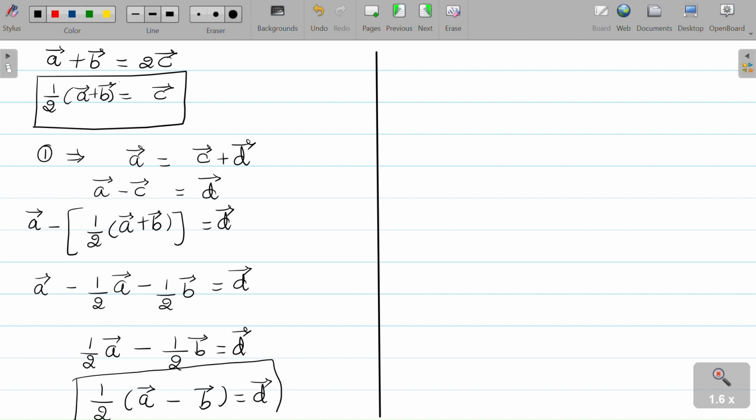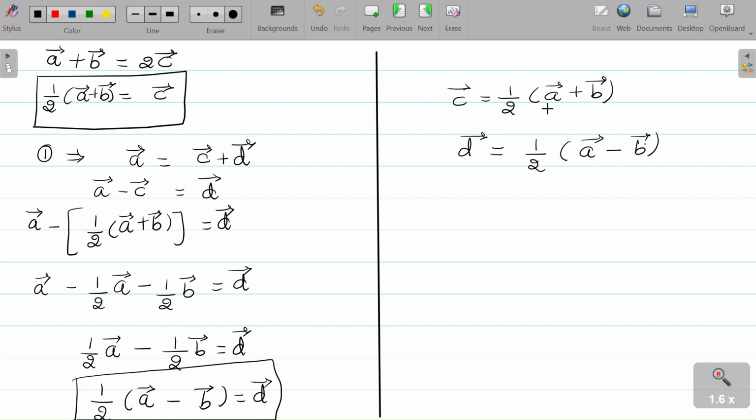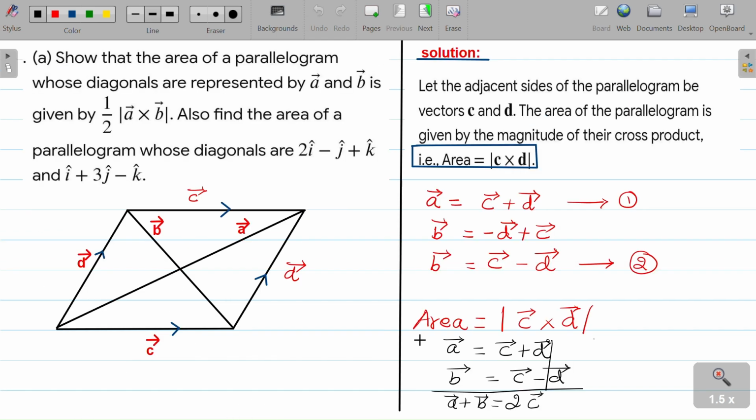So I get C vector is equal to half of A vector plus B vector. Then D vector is equal to half of A vector minus B vector. So I am expressing C and D in the form of A and B. So if the area was modulus of C vector cross D vector, so we have that